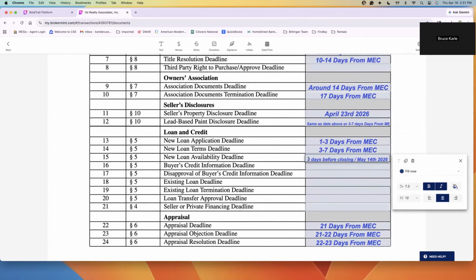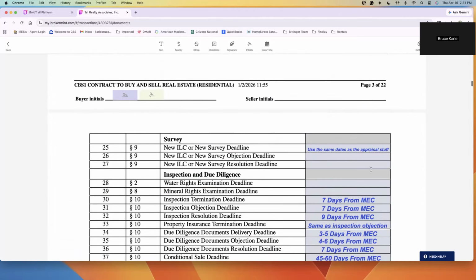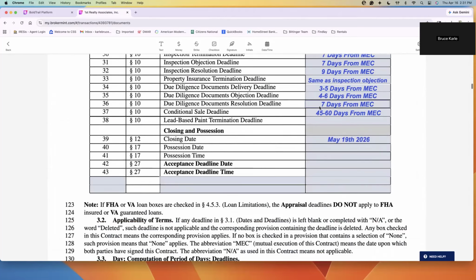Basically, to understand how to get the new loan availability deadline there, which is 3 days before that. But let's pretend that this is a contingent sale. This closing date is the same as the